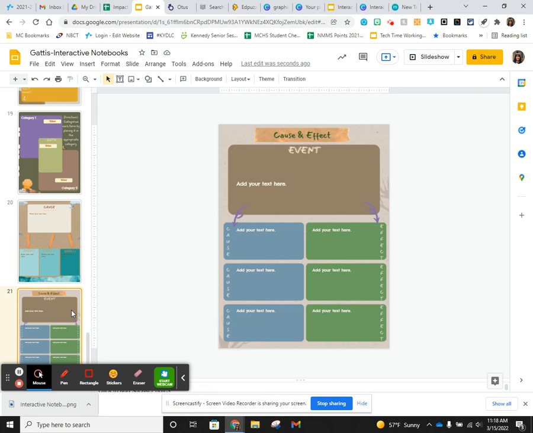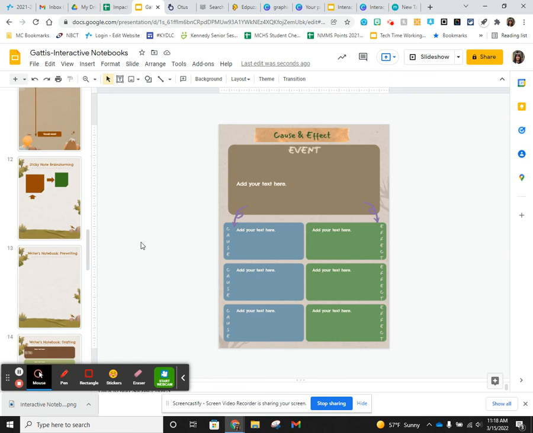So that's kind of all the templates that I have in this one ready to go. I'm going to share this with you later, but I wanted to share with you some of the places that I found some of these. Okay, so if you, like I said, you don't have to create the wheel. It's probably already created. You just have to find it. So I'm going to show you first